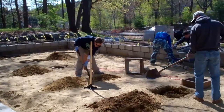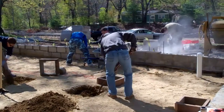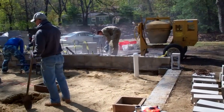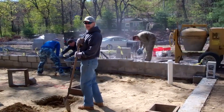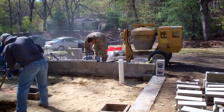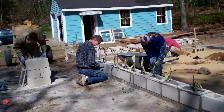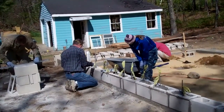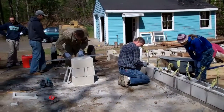And again we have Elena and Mark marking off the inside measurements. It's Grace in the background, John in the background. David's over there, he's cutting up the cinder blocks to match height. Continuing to level and build the sides of the foundation. We have Grace and John, David,